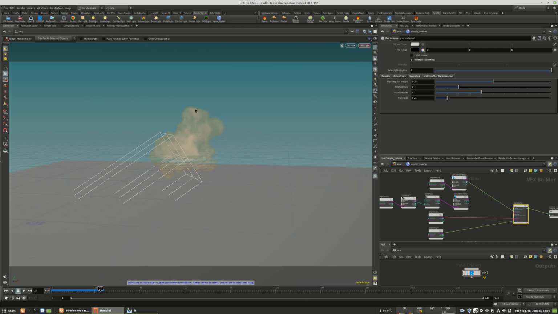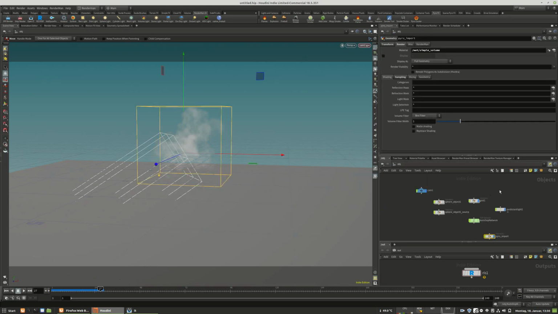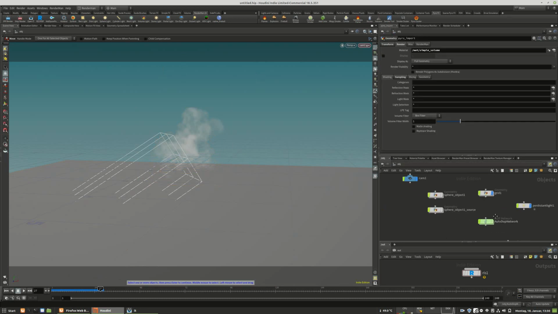So I guess this is one of the reasons why it looks clamped. I'm not 100% sure in that case, but in general, according to the documentation and according to my test, you go right here into the pyro